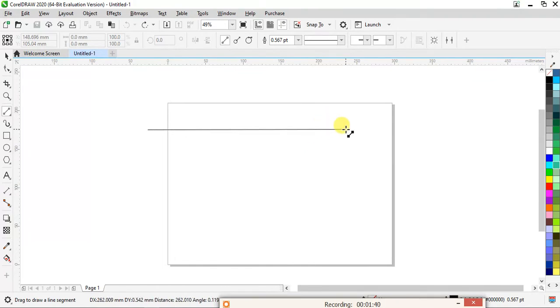So what I will do, I will press Shift. Right now I'm pressing Shift, so you can see my line is coming at a proper angle. Like, I can move so freely, but when I press Shift I cannot move freely, I can only move at a particular angle. So I want this line to be straight. Okay, so this is my straight line and I will leave my cursor over here.